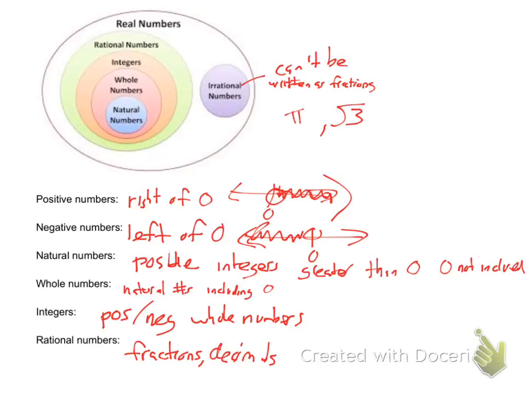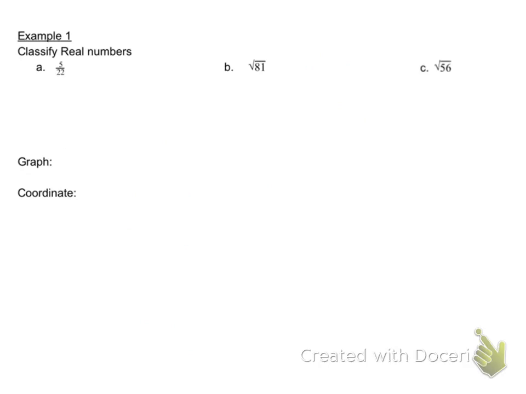You have to write 5 things down for that. If I said something like 4.8, well, it's not a natural, so don't say it. It's not whole, it's not an integer, it's a rational number. So it's a rational number and it's real. So that's what you would have to do for your homework. Okay, so